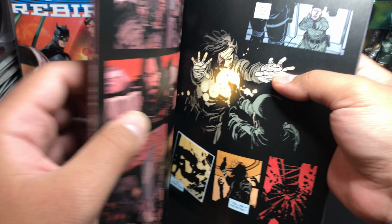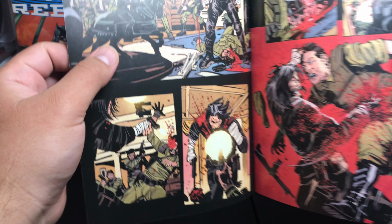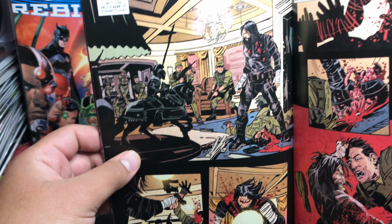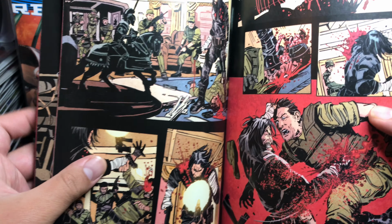So it's not a bad comic book. I think the action sequences are great. The art was great. It really gives you an insight into what kind of comic book this is going to be. But as you guys can see, there's one bubble for the entire page. There's 3 panels here, only one bubble. So again, I'm not going to give too much away, but I feel like it could have been a little bit better. It was a little bit redundant, a little bit kind of boring